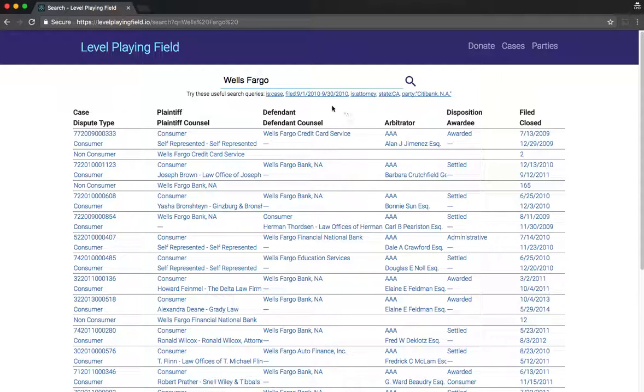So you can see the syntax here for file. Don't click on that or else it'll delete what you have here and put it there in its place. So we're going to use that syntax though, and we're going to use close date. The only 2 dates that you can filter on right now in the system are file date and close date. So we're going to do closed